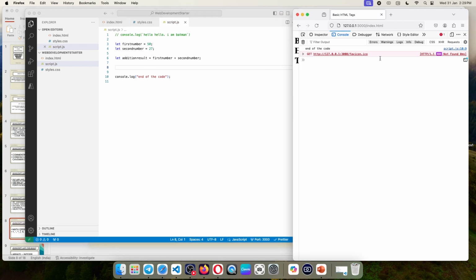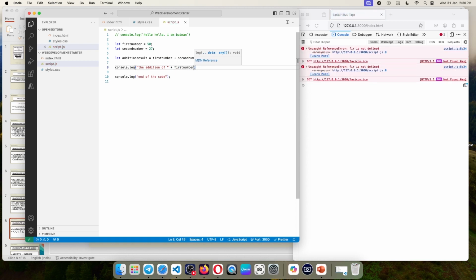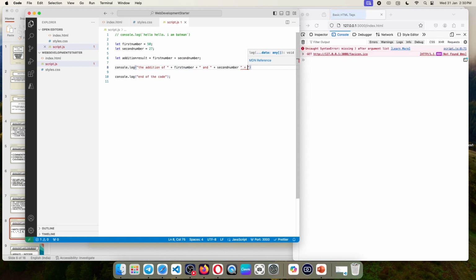Now I can use breakpoints, but I'm just going to use console debugging to show the output. So I'm going to do something like this. I'll say console.log the addition of. See how I'm doing what is called string building, where I'm combining double quotes and variable names to get an easy to understand sentence on the right side. The addition of first number and second number, making it like a nice sentence. You can see it's coming as a sentence on the right side. Equals,